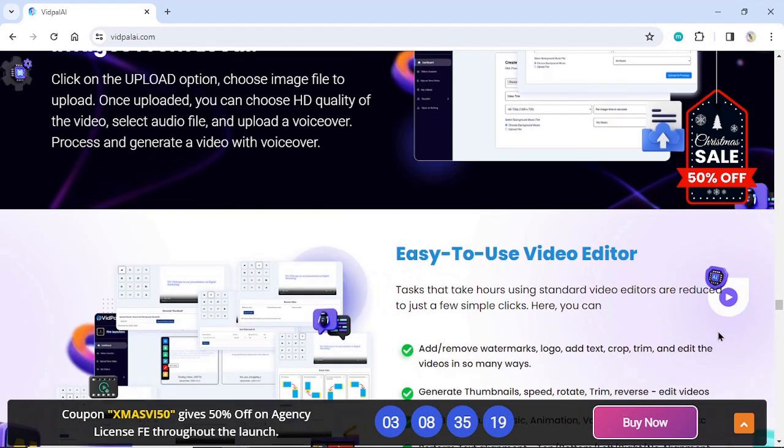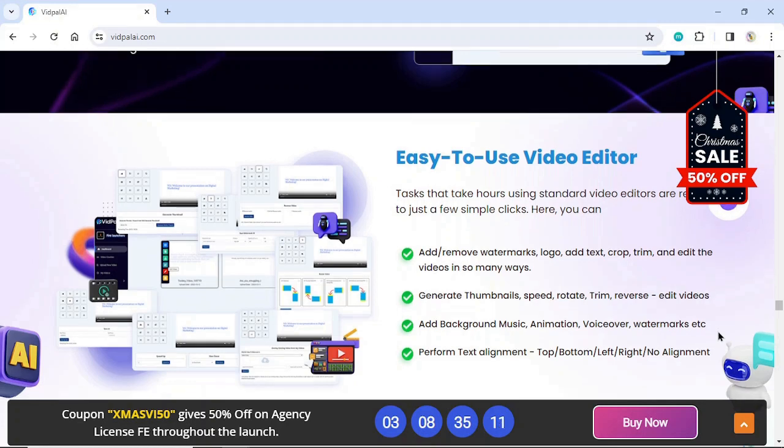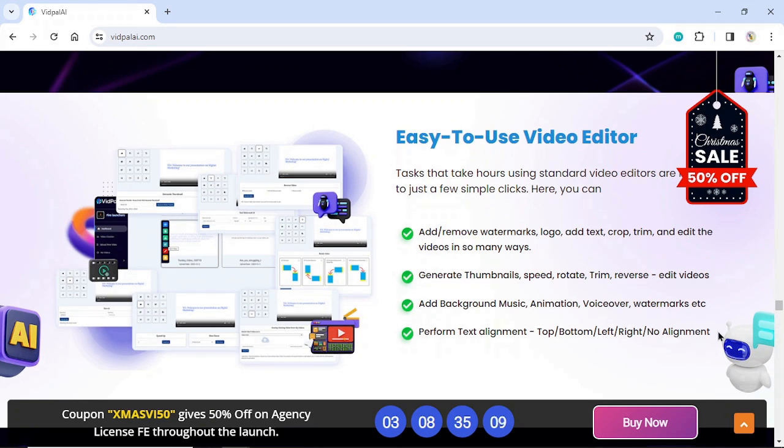Easy-to-use video editor. Tasks that take hours using standard video editors are reduced to just a few simple clicks. Here, you can add, remove watermarks, logo, add text, crop, trim, and edit the videos in so many ways. Generate thumbnails, speed, rotate, trim, reverse, edit videos. Add background music, animation, voiceover, watermarks, etc. Perform text alignment,